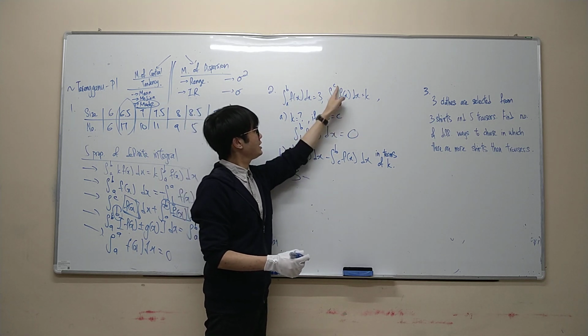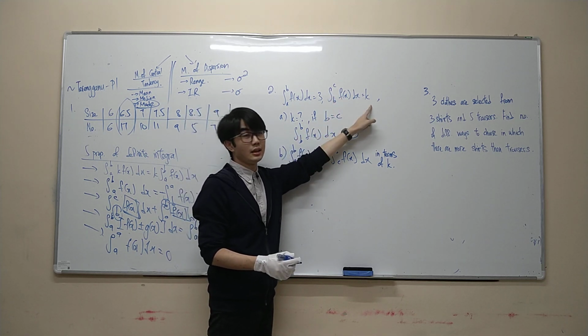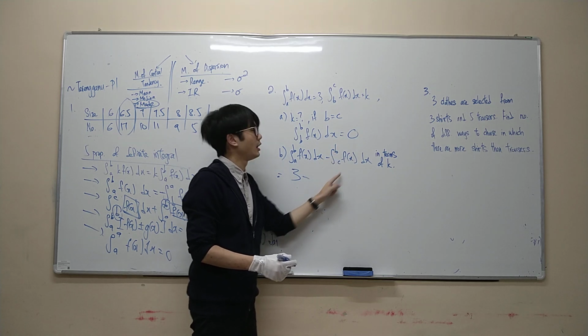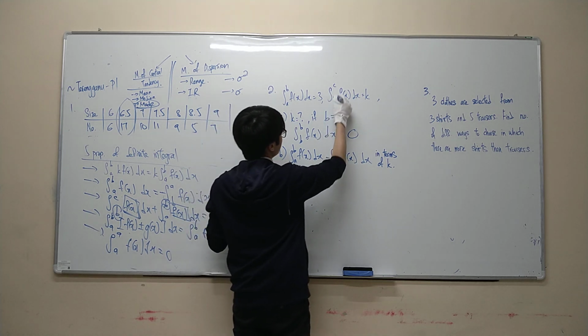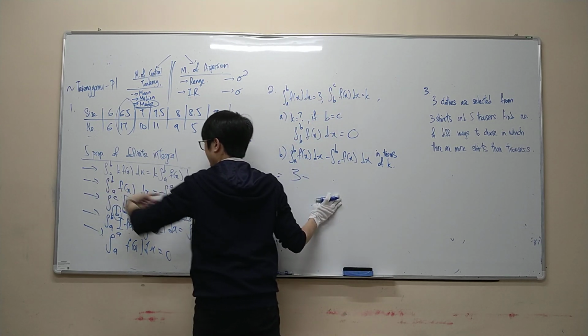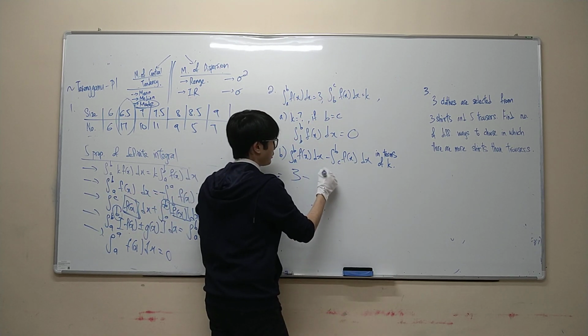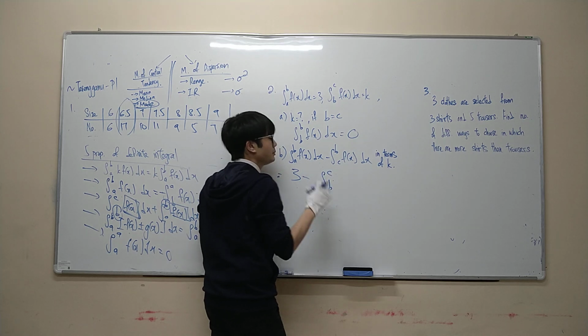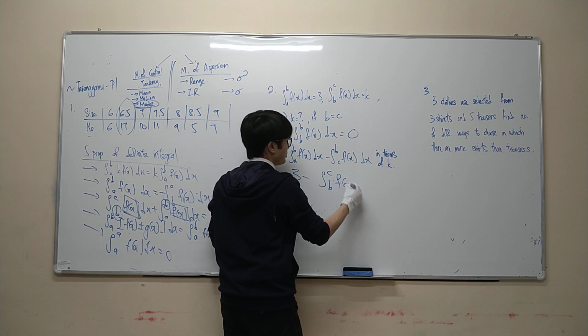Okay, integrate C atas B bawah is K. So what is B atas C bawah? I already said if you want to terbalikkan this number boleh, tapi awak kena tambah negatif depan. Maksudnya if I want to change the BC to CB sebenarnya boleh. Okay? Boleh, tapi saya kena tambah